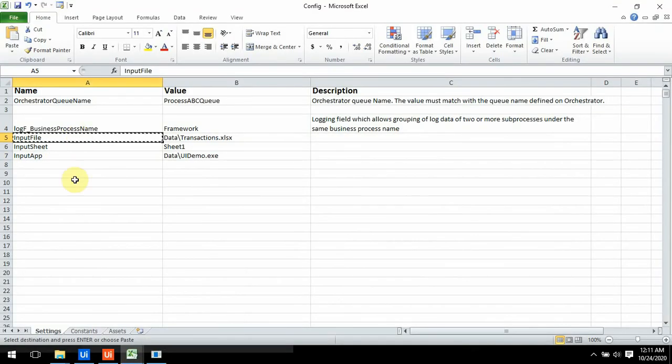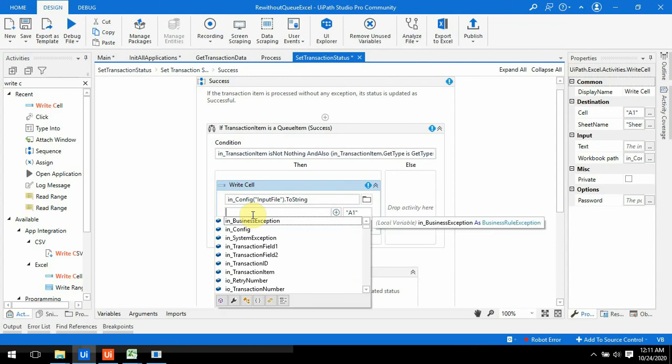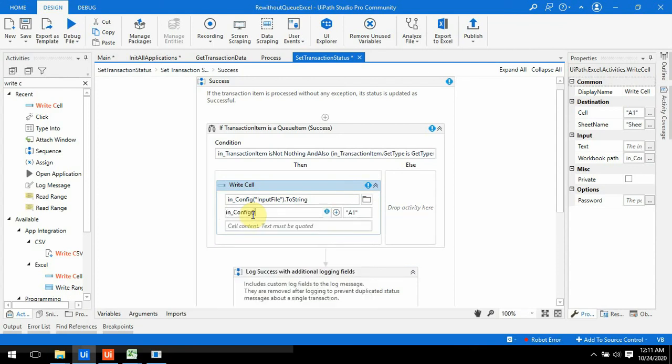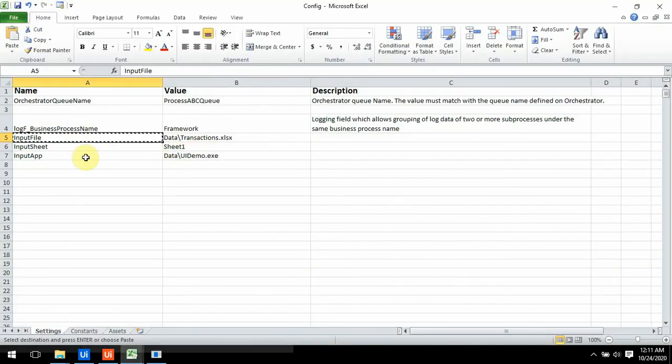Input file is the path of our file, so give that path dot to string. Then in place of sheet, write down again from config the sheet name, again copy paste input sheet.